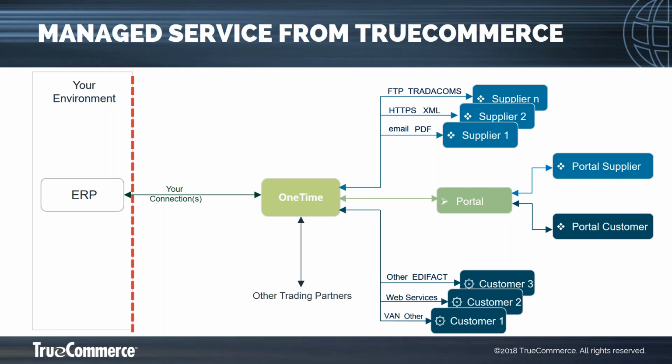And if we think about a normal or typical flow of EDI messages through this OneTime platform and this diagram. So firstly, maybe a customer sends an order to OneTime in their preferred message format using their preferred connectivity protocol. OneTime will process the orders by converting them into the OneTime format and applying data translation in the database. It will validate and store the orders in the OneTime database. It will then retrieve the orders from the OneTime database and convert them to the supplier's receiving format, their preferred format, before finally sending them to the supplier using their preferred connectivity protocol.